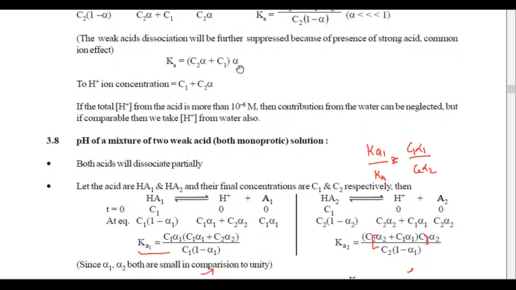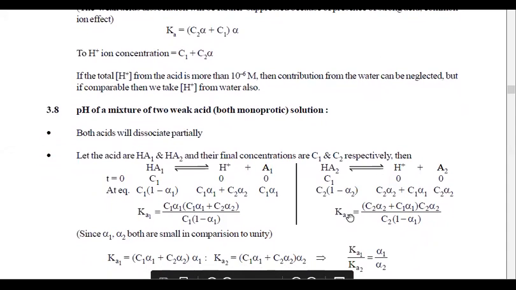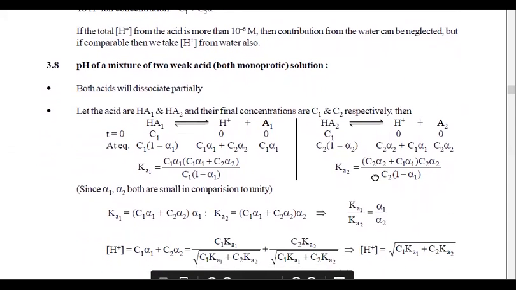Sorry, the C's will get cancelled. My bad, right? Here C1 will get cancelled, C2 will get cancelled. So I will just be getting alpha 1 by alpha 2. Okay, right, everyone? So see this, you will be getting just this one. Now we know that